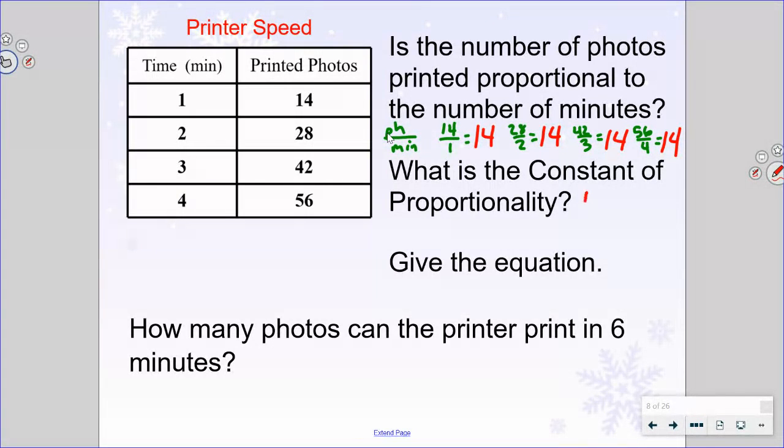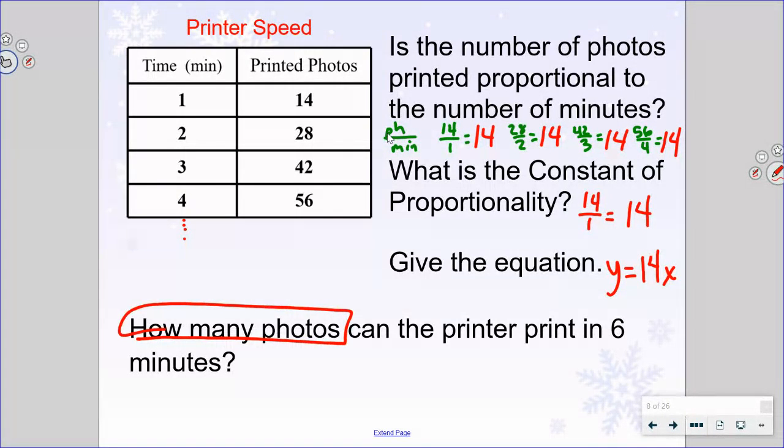Yep. Now, you may write 14 to 1, or you may write 14. Ideally, you understand that we're talking 14 photos per minute. And of course, we are going to be able to write an equation. Now, can we use that equation to make predictions? Sure, we could continue the table on down. Meanwhile, we may also use the equation. Here the question is, how many photos